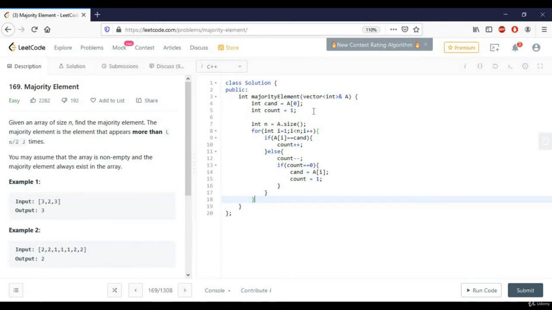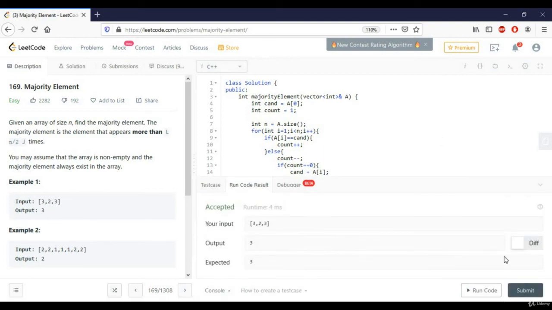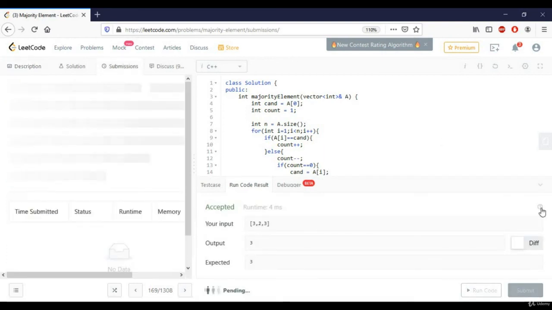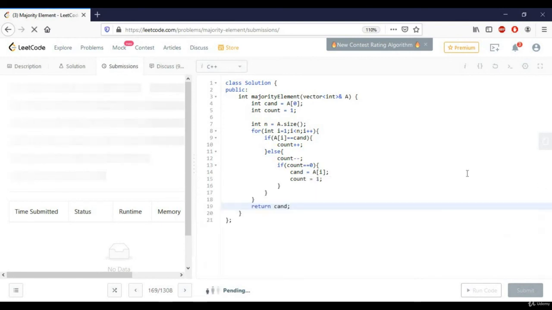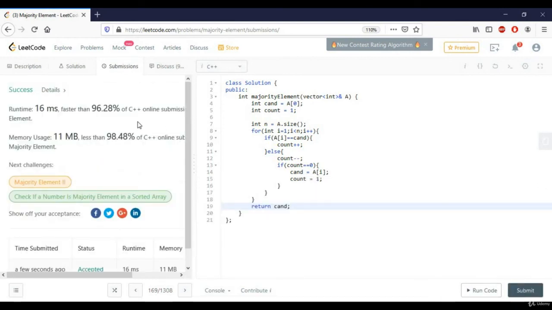Finally, since we can assume that the majority element always exists, your answer will be present in the variable candidate. Okay, let's run our code. Now let's submit our code. So basically our code is working fine.